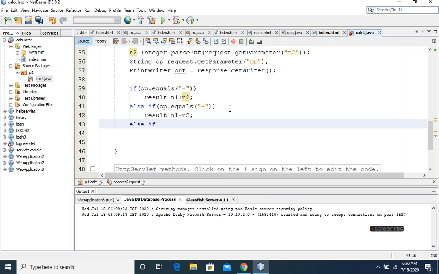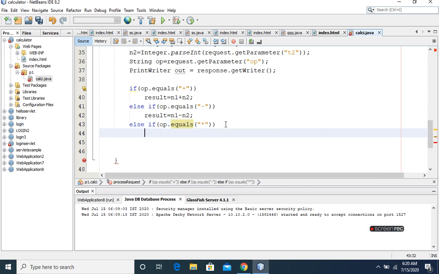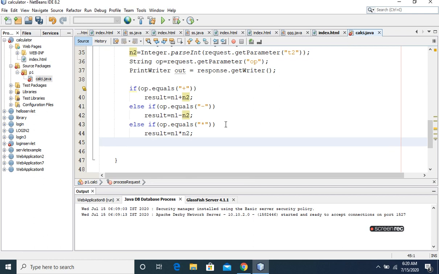Else if op.equals multiplication, result equals to n1 star n2. Else